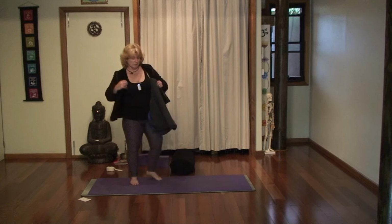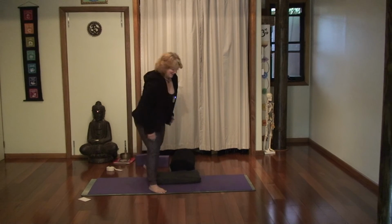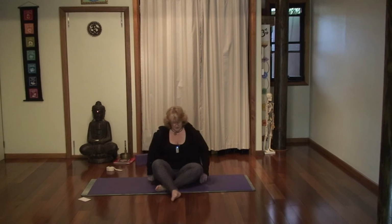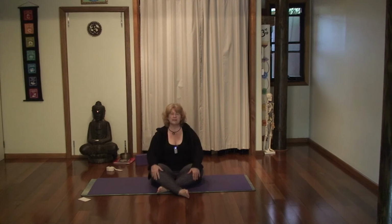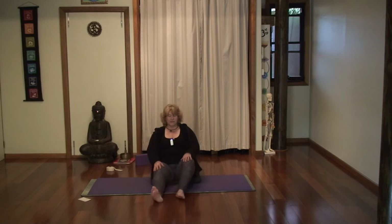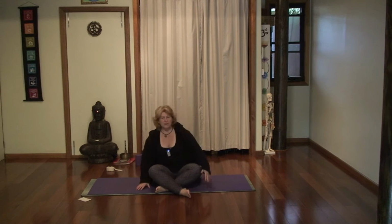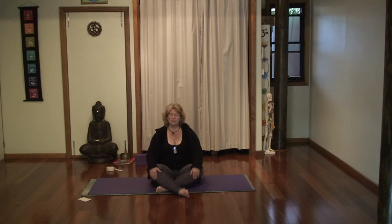If you've got warm clothes on, feel free to keep them on at the moment because it's a little bit cooler now, and we'll have a comfortable position. If you're happy sitting cross-legged, then you can take that position. If not, feel free, you can have the legs out in front as well. And bear in mind that anything we do in the class today, if it doesn't feel right for your body,